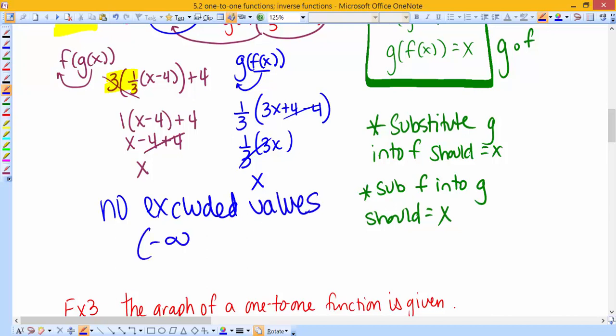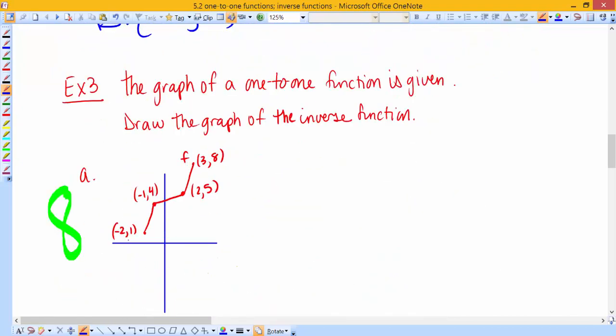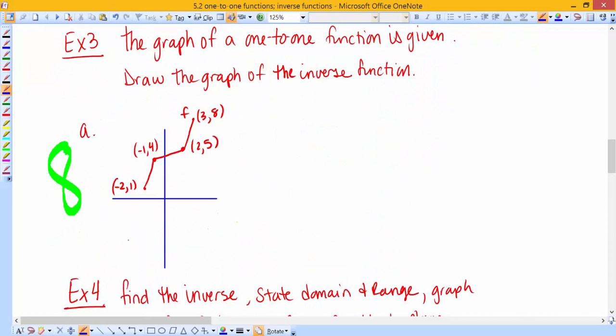This is negative infinity to infinity for your domain. Moving along. Example 3. The graph of a one-to-one function is given, which means it passes the vertical line test. Draw the graph of the inverse function. So the inverse function, please do not forget, we switch